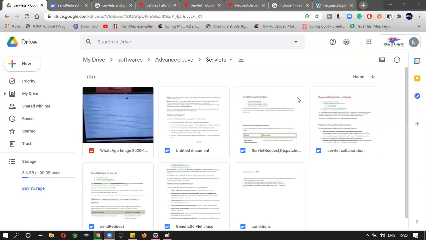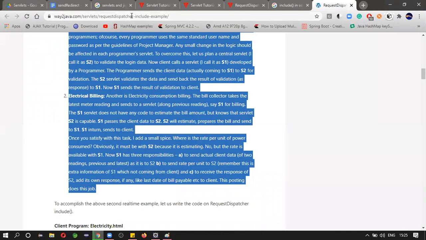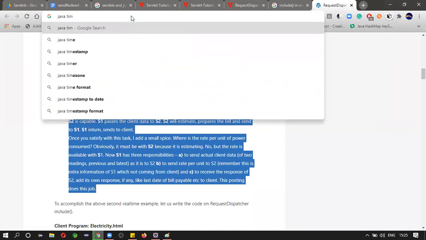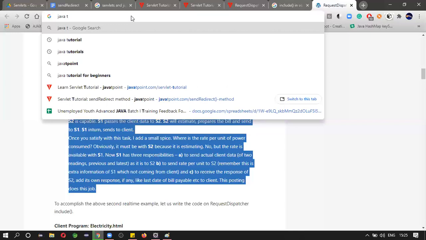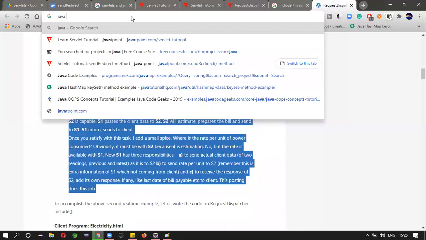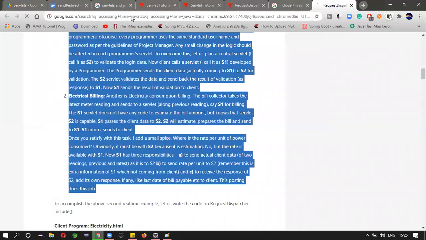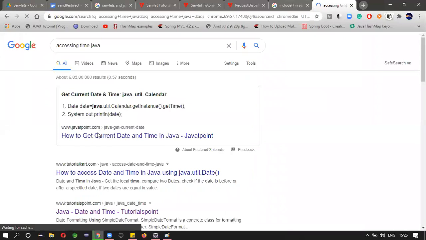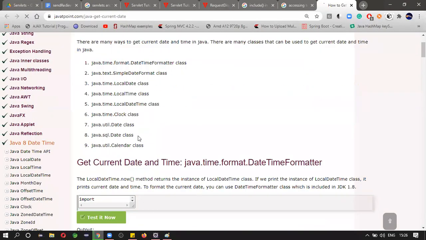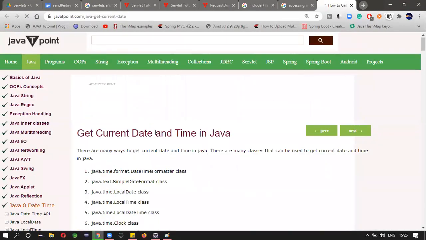You need to know how to get the data or how to get the code. Control O, Java time. There is a package called the time package.